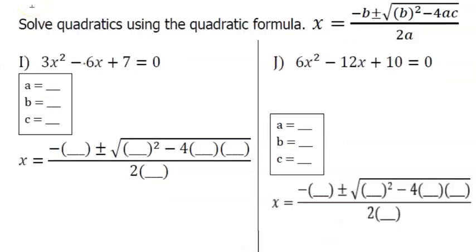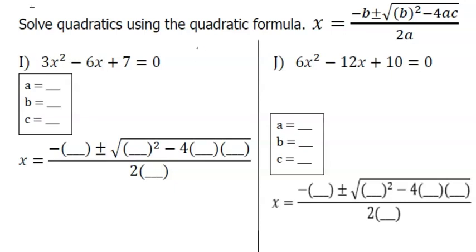Let's look at these examples. Solve quadratics using the quadratic formula. x equals negative b plus or minus the square root of b squared minus 4ac all over 2a. The stuff that's inside the radical is called the discriminant. We talked about it a little bit at the front of this notes foldable. So if you can't factor something,